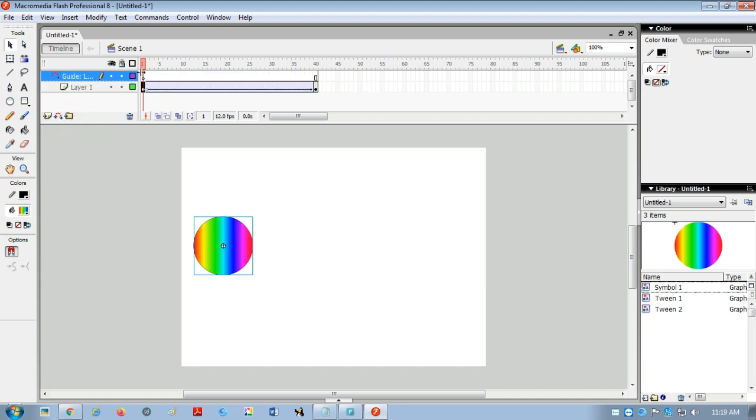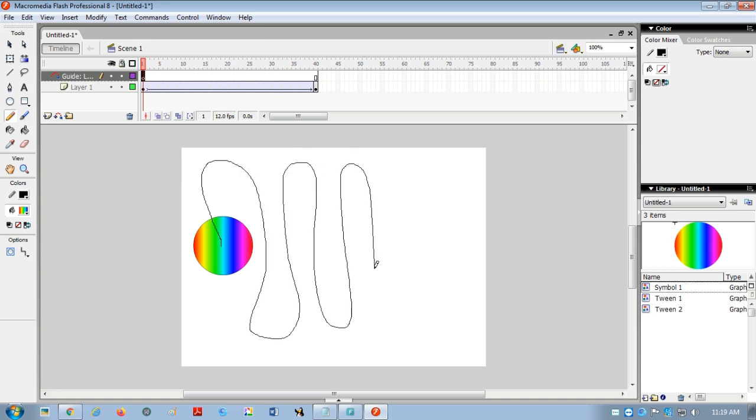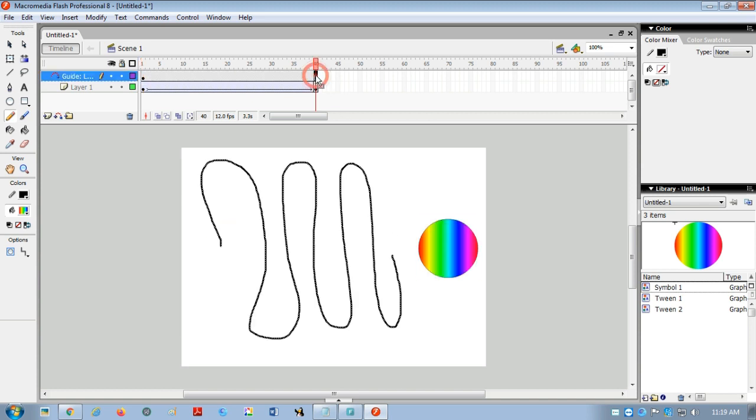Now click on the first frame of this guide layer and take the pencil for drawing the path. Using this pencil, I am starting at the center of this ball. Now I am drawing one path like this, and I have to stop at the 40th frame. This line should also go to the center of the last ball, like this.